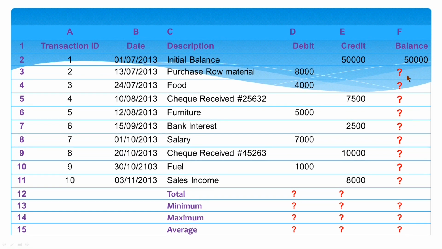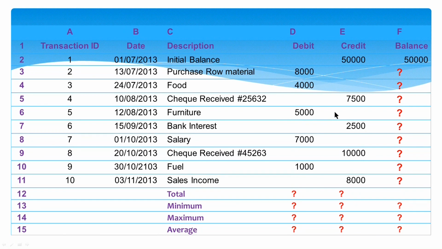So, balance will be 42,000 and on 24th July we have purchased food of rupees 4,000. So, again it is deducted from 42,000. So, our balance may be 38,000, but when you credit something like fourth transaction which is performed on 10th of August, we have received check and 7,500 rupees credited into our balance.